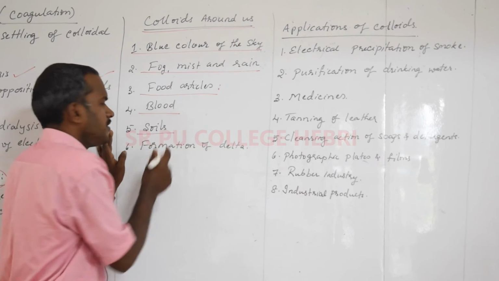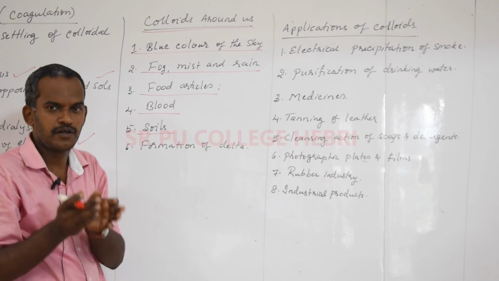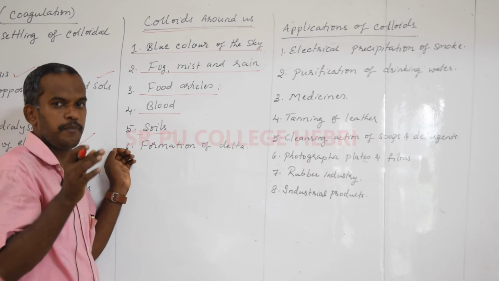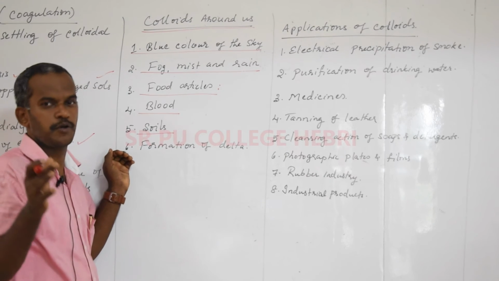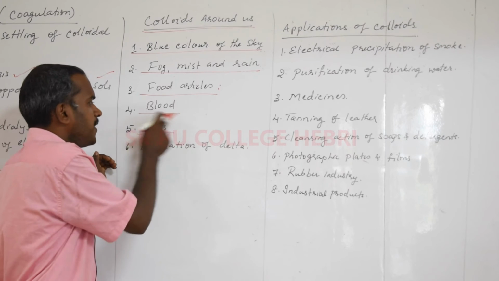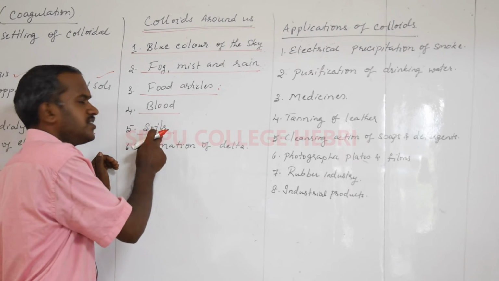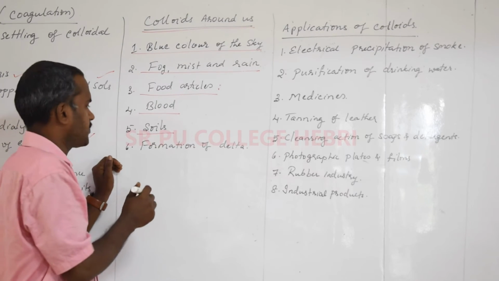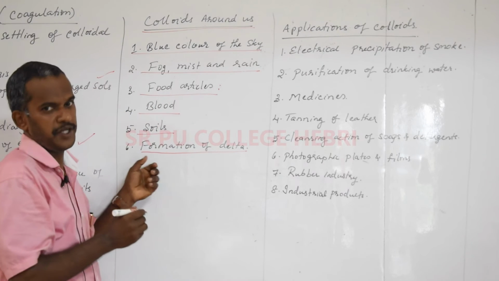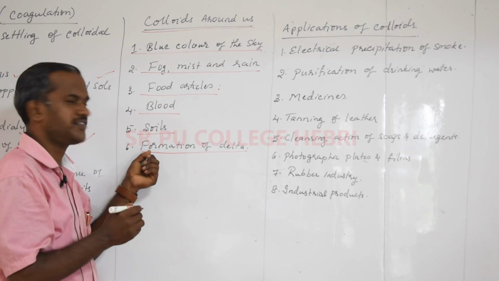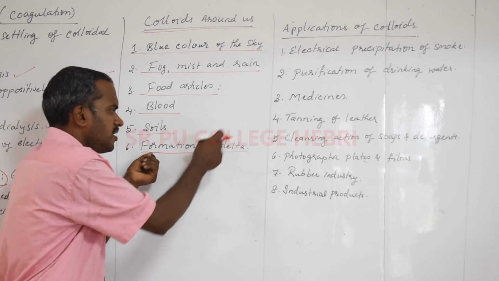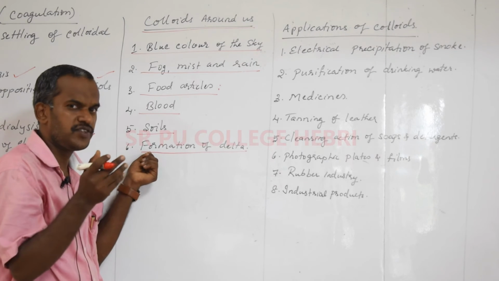Okay, soil. We know the different compositions in the soil make different yields possible, or different crops can be grown in different soils. So that is also based on the composition of a soil, and soils are also colloidal in nature. Now one more natural phenomenon we can study is the formation of the delta region. I think you have seen this, the junction where the river water mixes with the sea water, which we call a delta region. Now what happens in the river water?